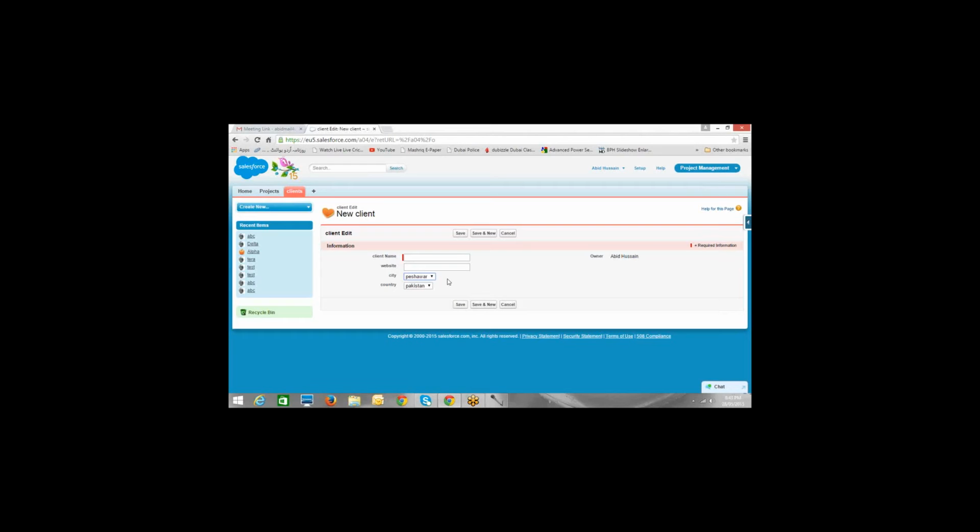I want my app to have that functionality: if a country is selected, only the cities which belong to that particular country should be available in my drop down. Clear? So for that, we will just need to include a field dependency. I'll need to make my city field dependent on the country field. So once someone selects a country, based on the country, the cities will be available in the dropdown, right? To do that, we just need to go to setup, create objects.